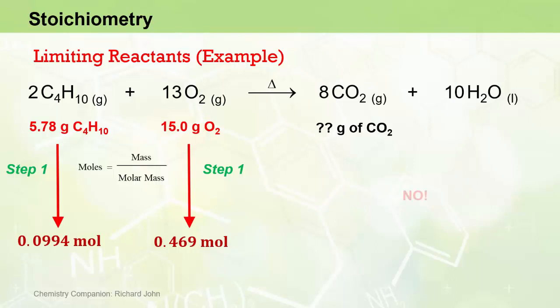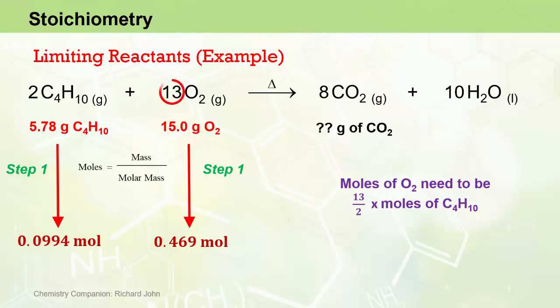Well, in this particular case, we would be wrong. That is not the case. What we have to remember is that the moles of O2 need to be 13 on 2 times the moles of butane. And that 13 on 2 ratio comes from the ratio of the stoichiometric coefficients. The 13 in front of the oxygen and then 2 in front of the butane. So 13 on 2 times the moles of butane actually equals